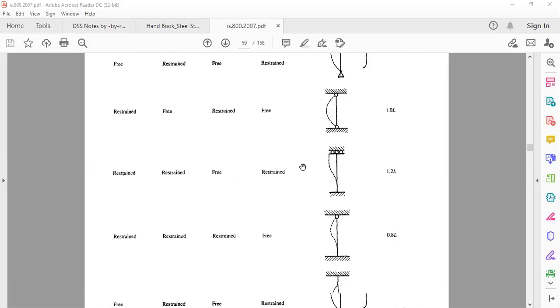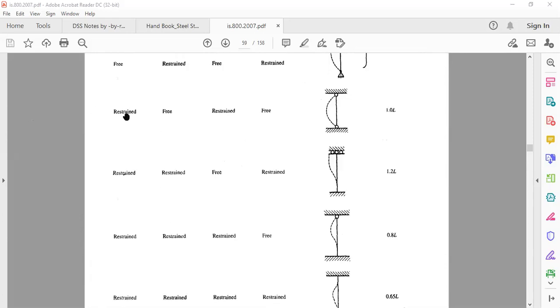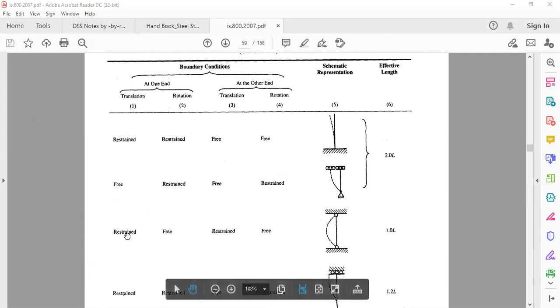Let us move on to the IS 800 code book. Okay, if both ends are hinged, see here, restrained. So boundary condition, translation and rotation. At one end restrained and free, so at another end, translation is restrained and the other end is free, that is, not rotation, it is free to rotate.